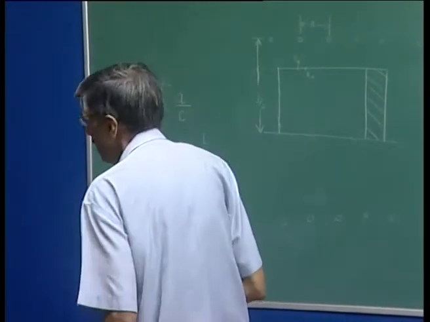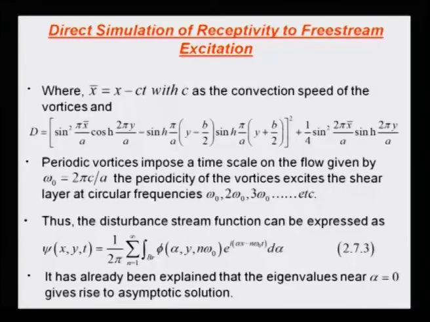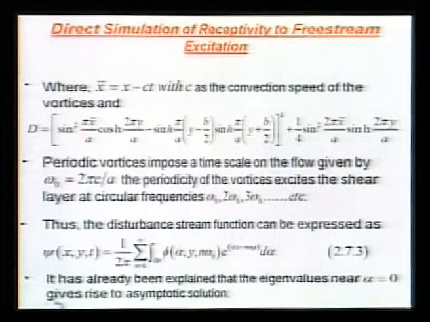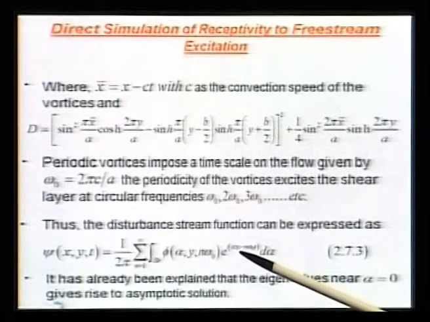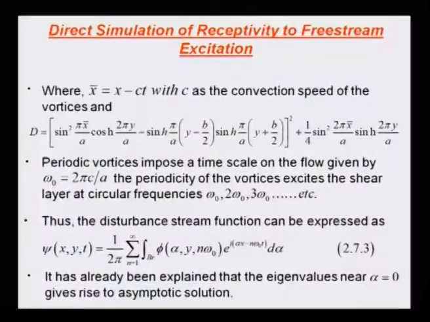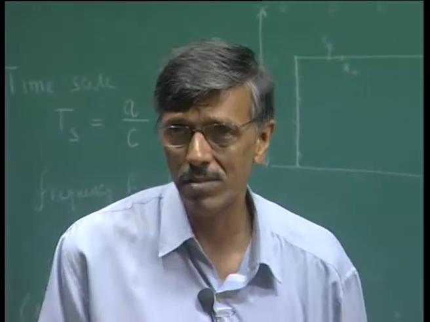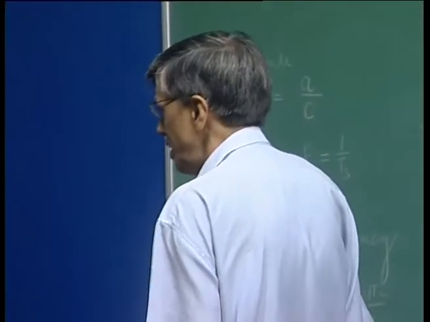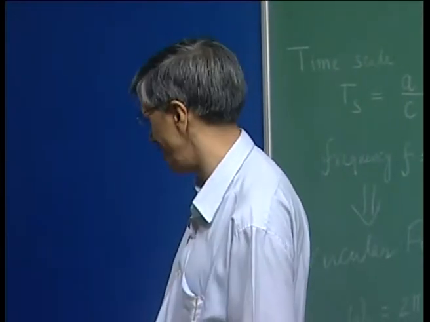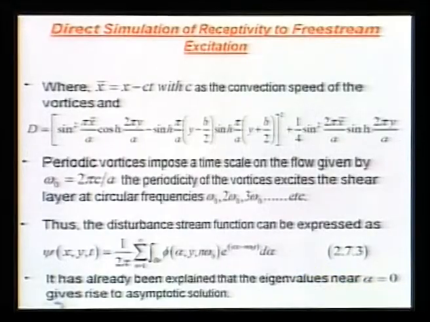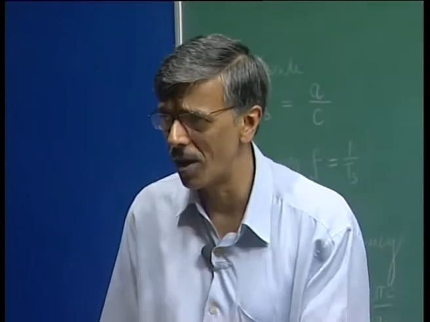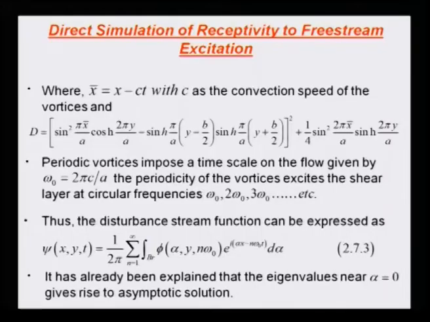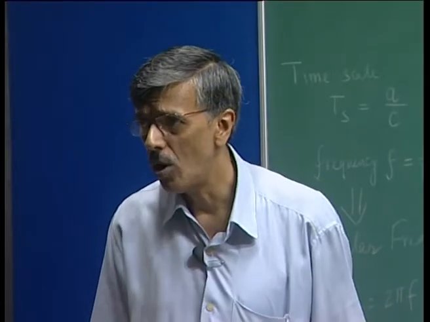So this is the way to visualize the problem, that I would write down the disturbance stream function, which will be a function of x, y, and t. The x dependence can be figured out here in terms of the phase, i alpha x. Alpha itself could be complex because we are a priori talking about an instability problem. What about the time dependence? Time dependence is going to be happening at omega naught and its various harmonics. So that's what we have done. We have put in there e to the power minus i n omega naught t.